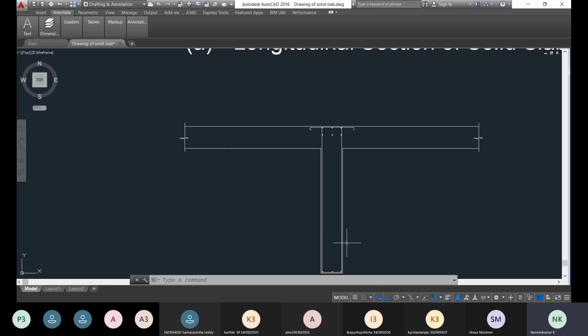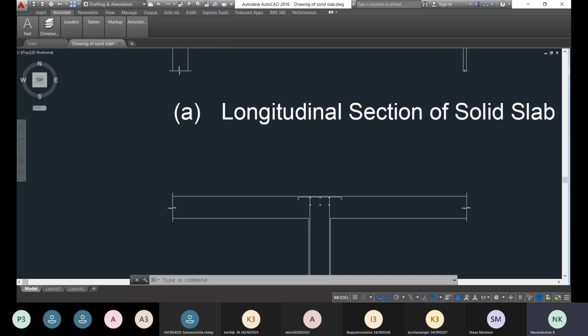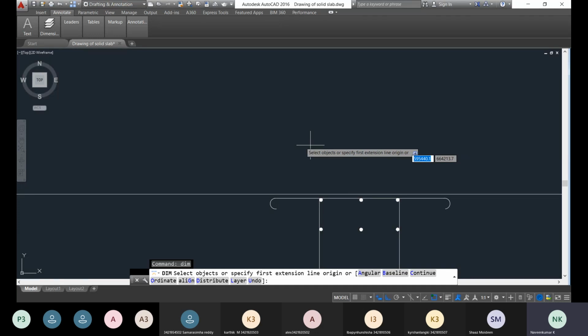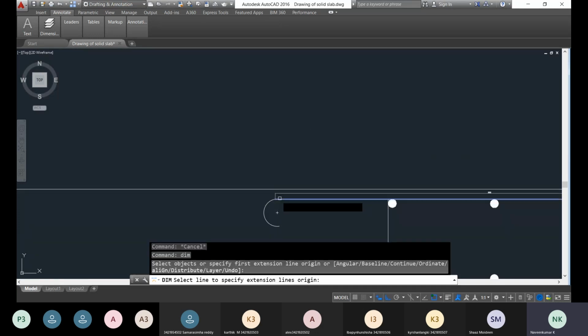So now what are you going to do? We're going to do the detailing. Drafting is completed, and now we're going to detail the things. What kind of detailing will you do? What is the reinforcement, and what is the width of this reinforcement? You decide that based on certain parameters for detailing. So for that, we're going to detail first. You just type dimension, DIM, for detailing, and choose this particular one.